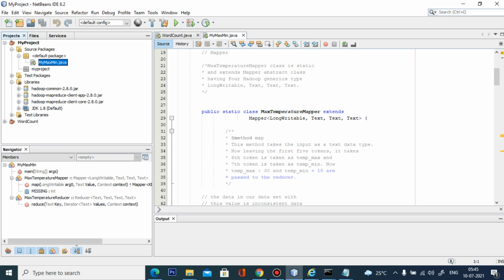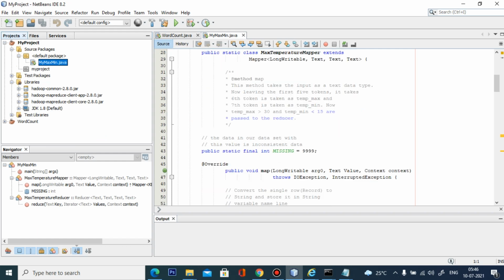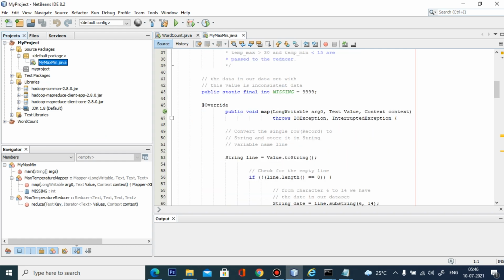This is your mapper class. MaximumTemperatureMapper extends Mapper. The mapper has 4 arguments: LongWritable, Text, Text, Text. LongWritable is the input key, the offset value, this is the input value, and the last two Text are the output key and output value. In the map function, the LongWritable argument is the key, Text is the value, and context is used to write your mapper output.